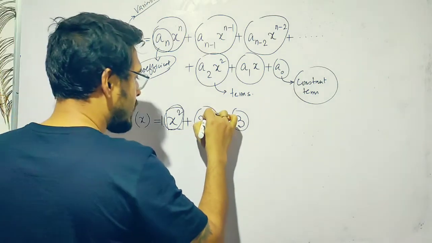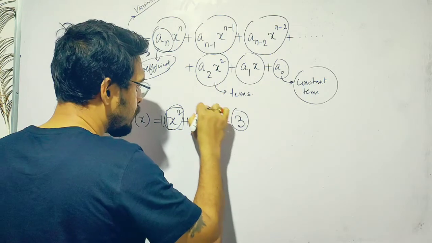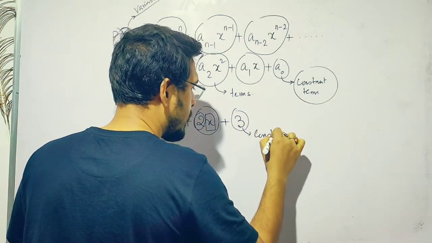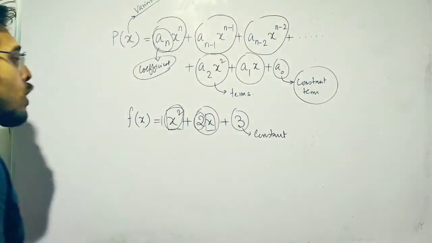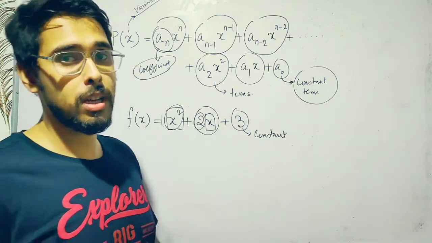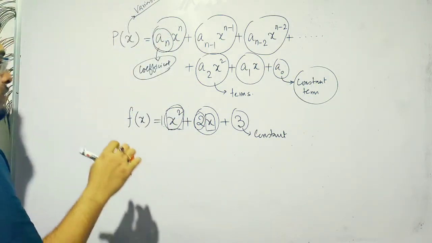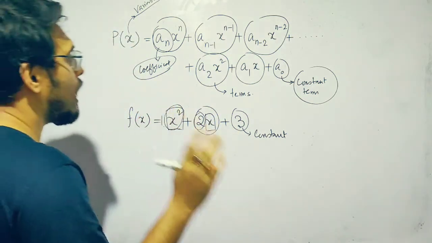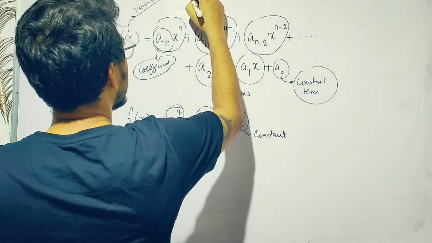Now let us say this is the variable of the second term, its coefficient is 2, and this is the constant term because there is no variable. Remember, constant and coefficient terms will be numbers, numericals, constant things, okay? So they will be numbers, they will not be variables. So that is how a polynomial is. Now this kind of polynomial is known as one variable polynomial.